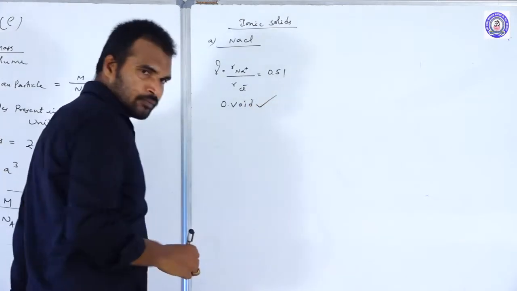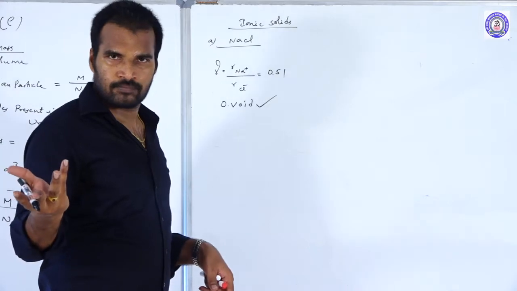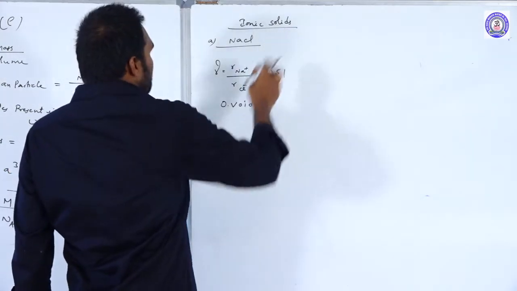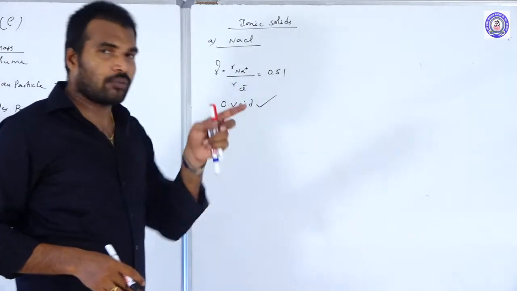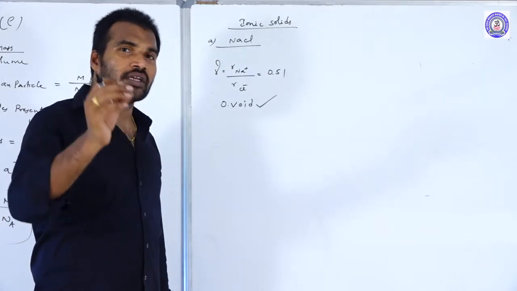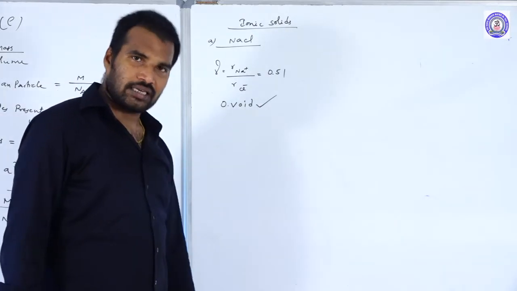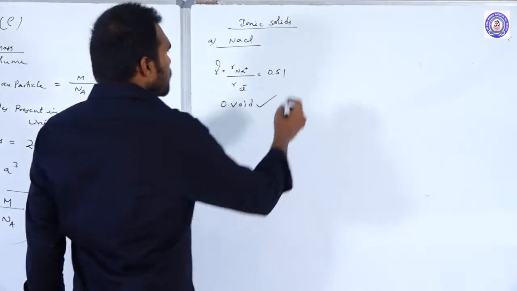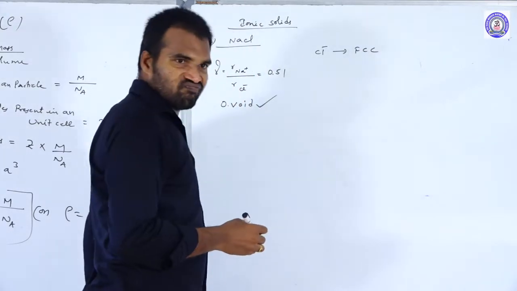It was clear. If it is an octahedral void, what is the coordination number? 6. And already we know that. Okay, next, coming to NaCl. Out of cation and anion, which ion will form the FCC lattice? That is a point you should know. Always remember that among the two ions, the ion which is large in size always will form the crystal lattice. So Na+ and Cl-, Cl- is larger. So the Cl- ion will form the FCC lattice.